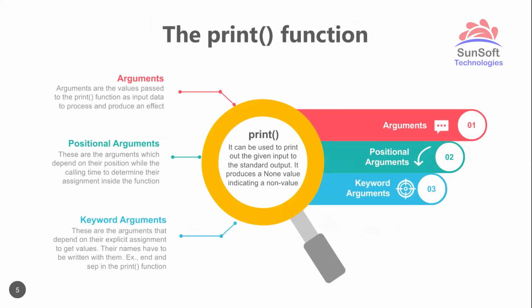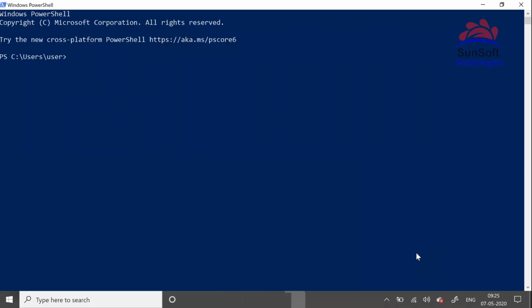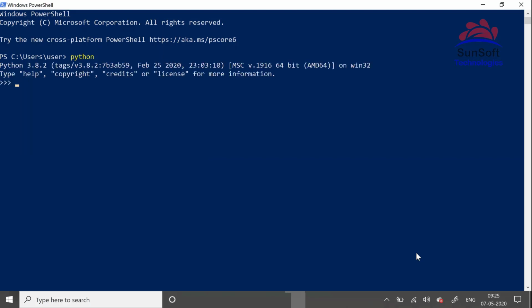Now let's see with the PowerShell. So I'll open up the Python REPL. Here what I'll do is call the print method. We have used the print method before as well, and say hello world. Now this is the input data that you're giving into the print function.